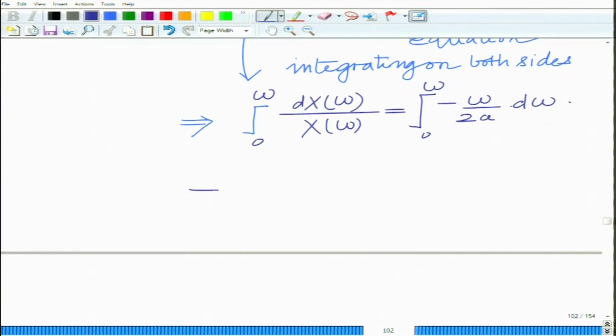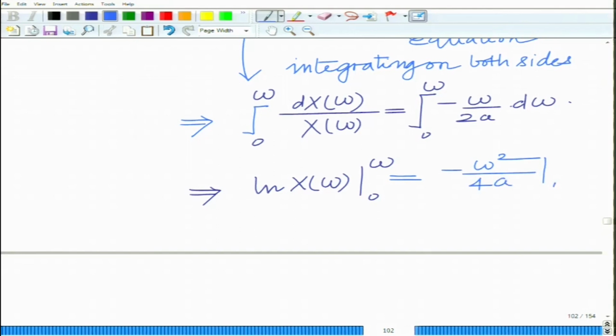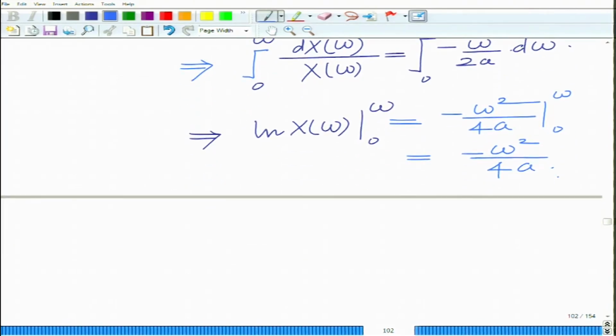And therefore, this implies, now this is log natural X of omega evaluated between the limits 0 to omega, since the integral of dX omega over X omega is log of X omega, and this integral we know, minus omega over 2a d omega, the integral of this is minus omega square by 2 into 2a, minus omega square over 4a, evaluated between the limits 0 to omega, which is minus omega square by 4a